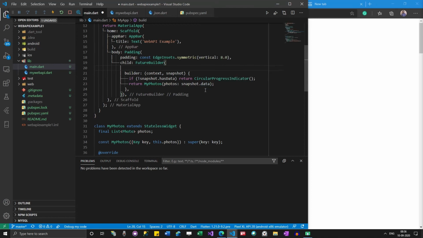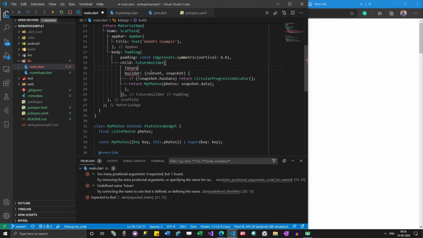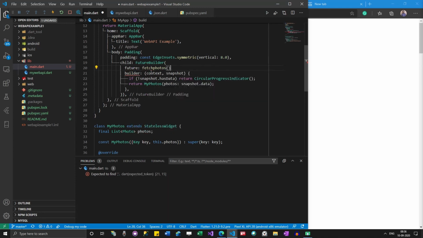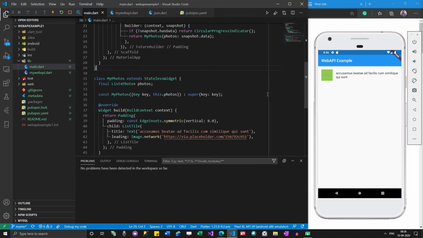So it is going to be future of, fetch the photos and then process them. Let's see how it works now. Okay, so nothing is working. It is showing a loading icon, but still the data is not processed. That is because we have not yet improved this.